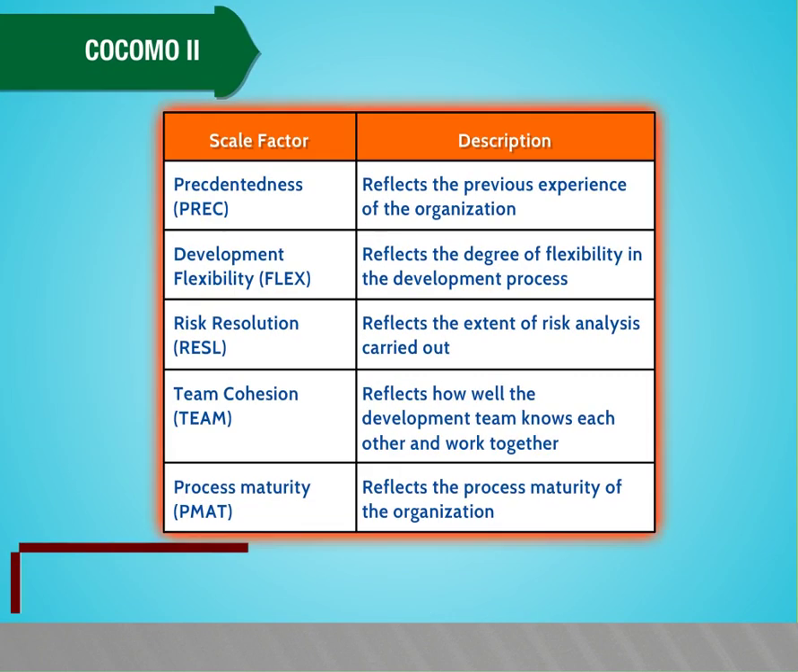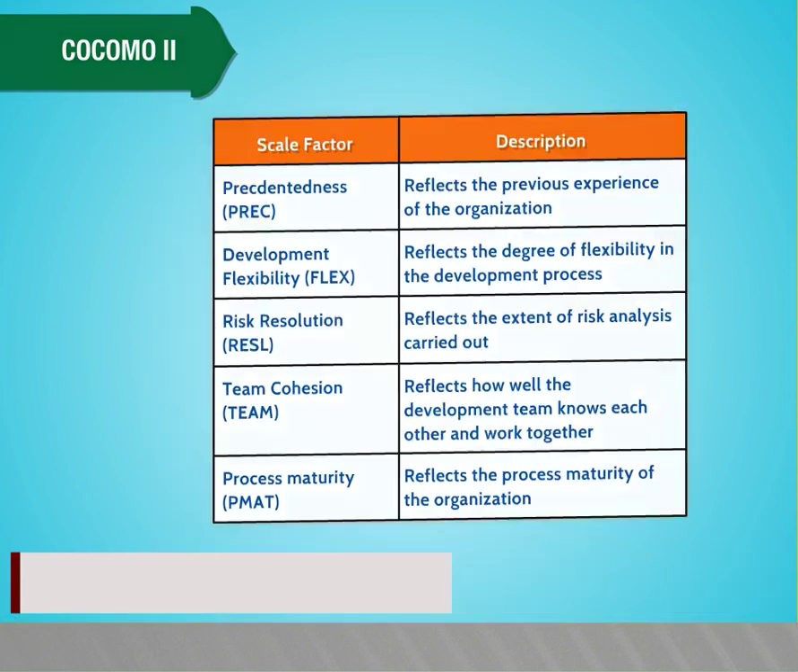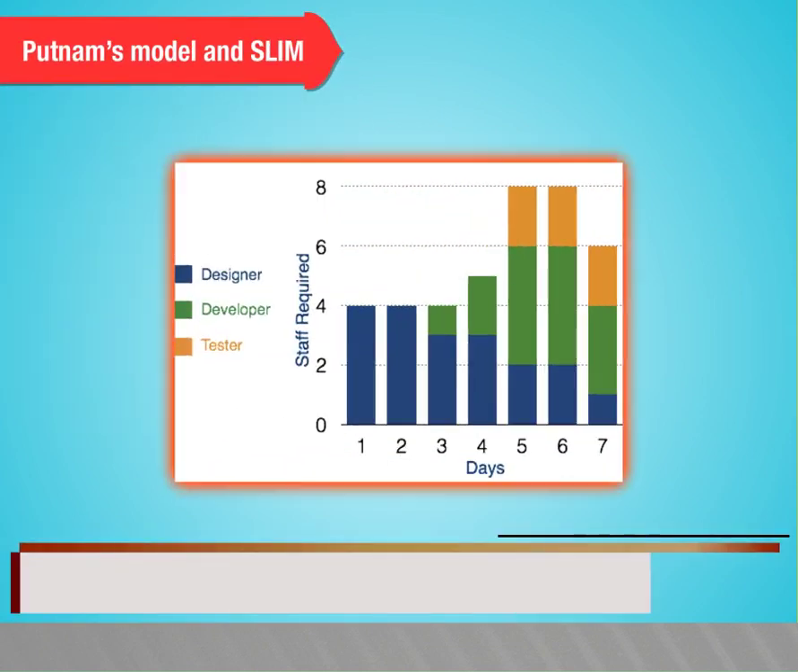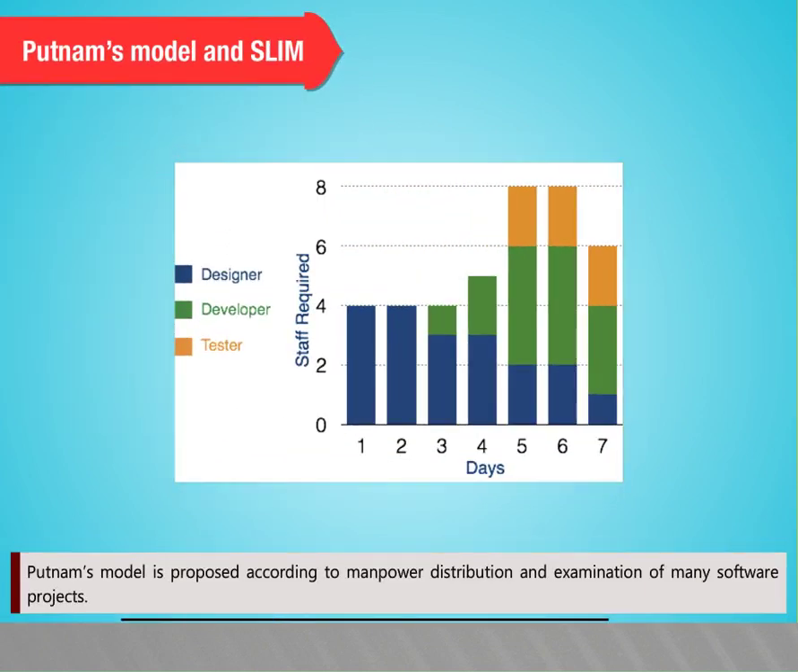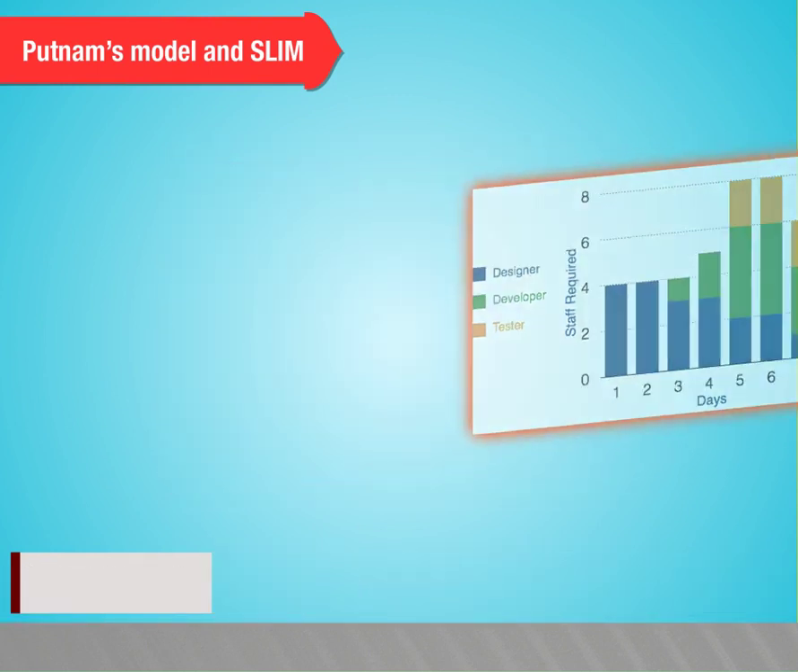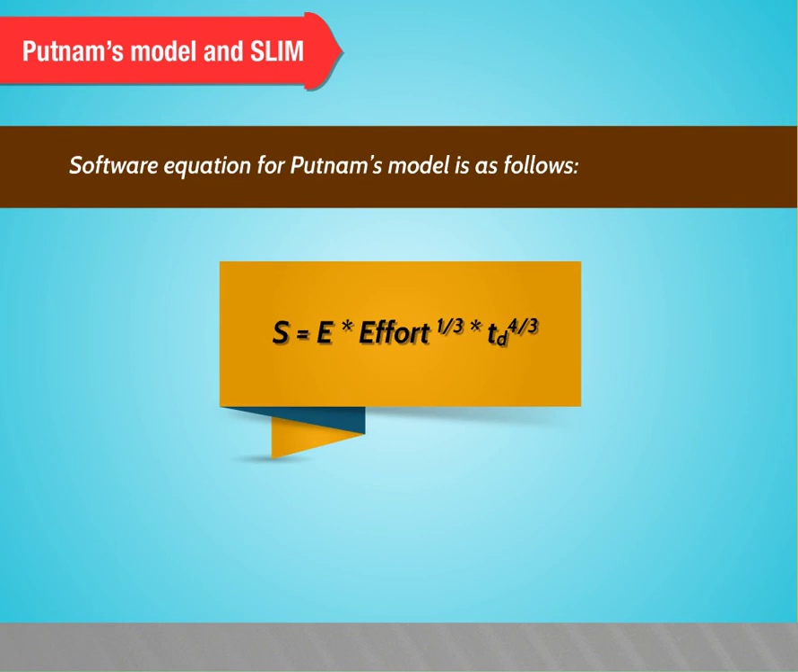COCOMO 2. The number of effort adjustment factors increases by 5. Now it becomes 22, as shown in table 3. Putnam's model and SLIM. Putnam's model is proposed according to manpower distribution and examination of many software projects. The software equation for Putnam's model is as follows. S is equal to E into effort power 1 by 3 into TD power 4 by 3,